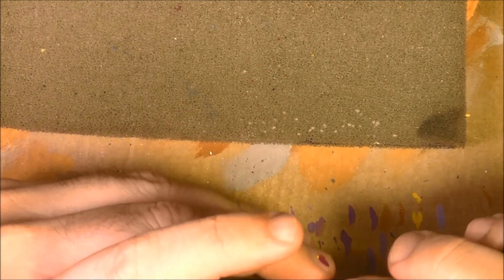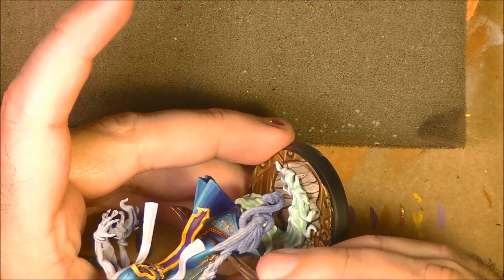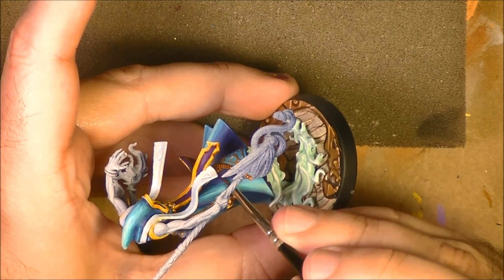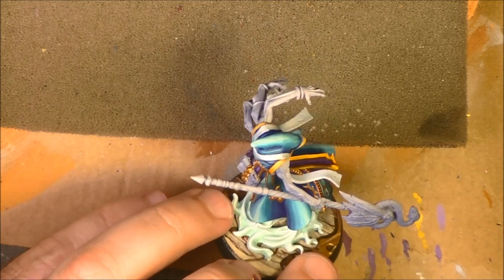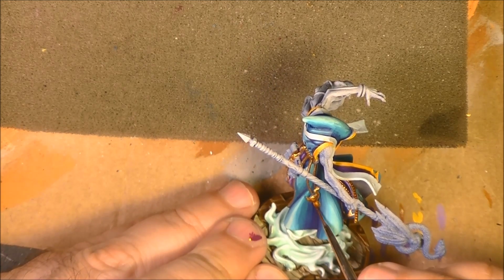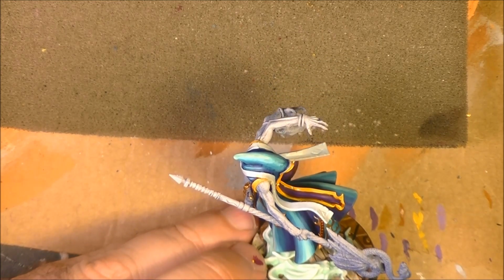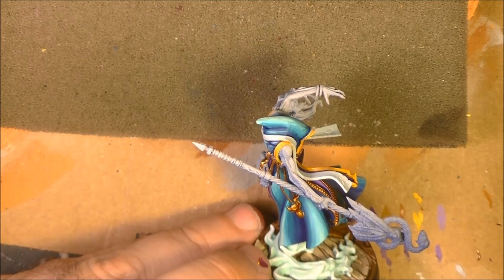This part is the difficult part because the access is not very good. Sorry, I don't think you can see this on camera. It's really the hidden part. This, and then we are going to apply as well on this type of thing here. This piece of jewelry that he, or magic item, we don't know what this is about. Who knows what the Changeling is carrying. And I'm going to apply on this type of